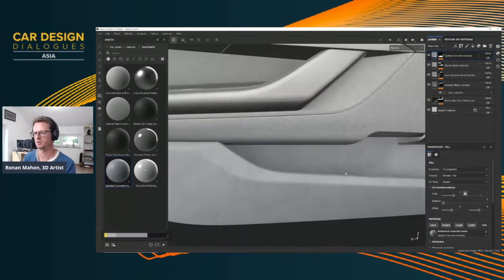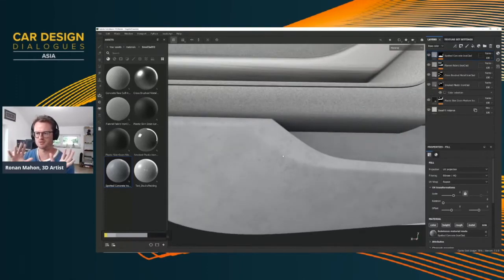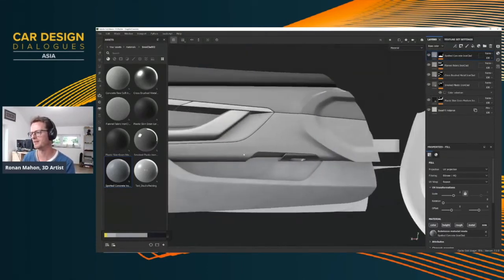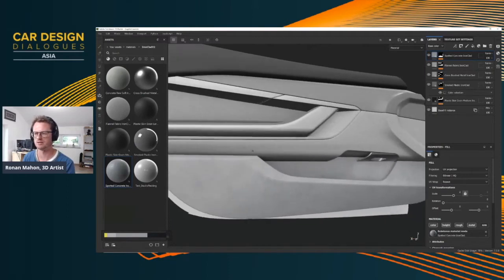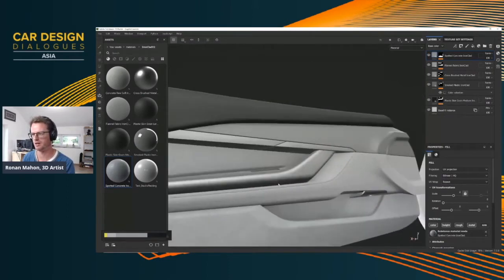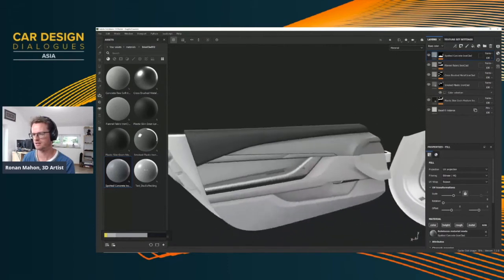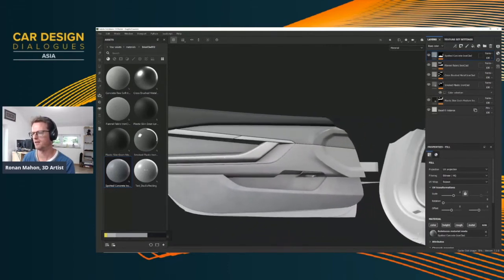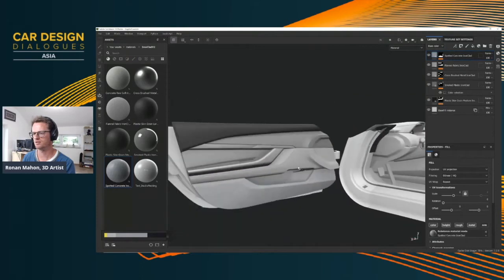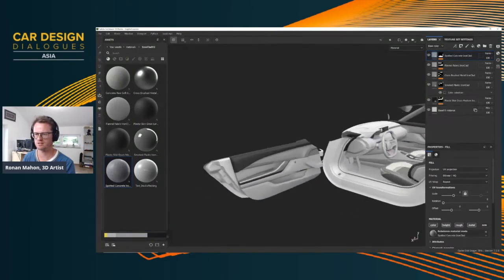Okay, so you'll probably know better than me the technical term for this really formed concrete, but it's like a really refined material. Okay, so I've kind of roughly done that door. And now you get to see sort of the power of what I've done here. So I've just sort of textured this door.